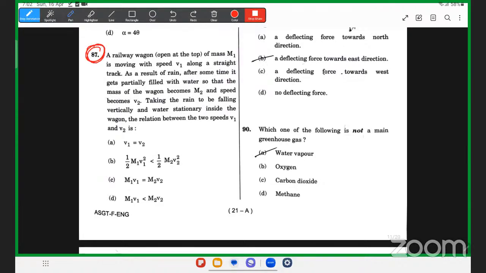Seventh is also doubtful. यहाँ अगर हम बात करते हैं लीनियर मोमेंटम की, तो लीनियर मोमेंटम ऑफ रेलवे वैगन बिफोर रेनिंग एंड आफ्टर रेनिंग कांस्टेंट होगा, बिकॉज सिस्टम के ऊपर कोई एक्सटर्नल फोर्स नहीं लगा है। तो सी बनना चाहिए।